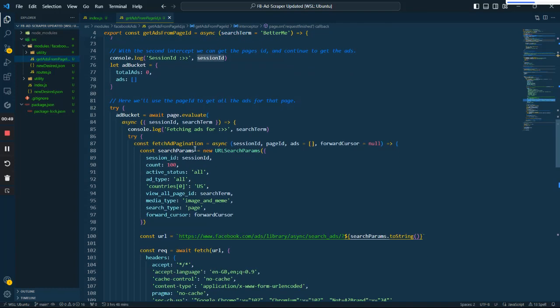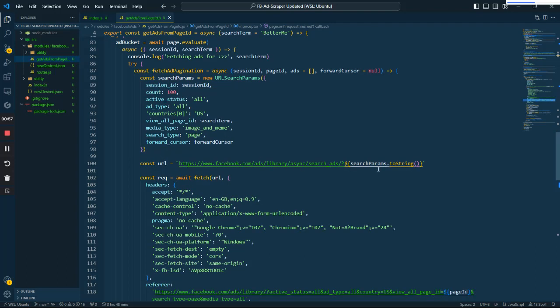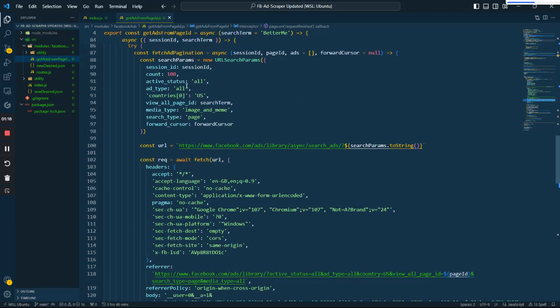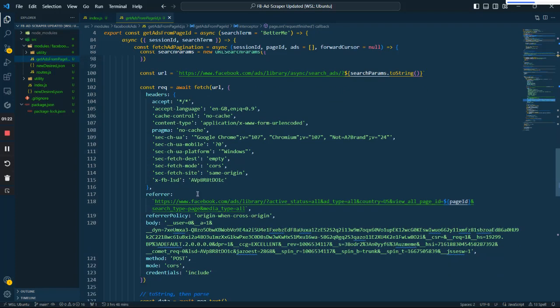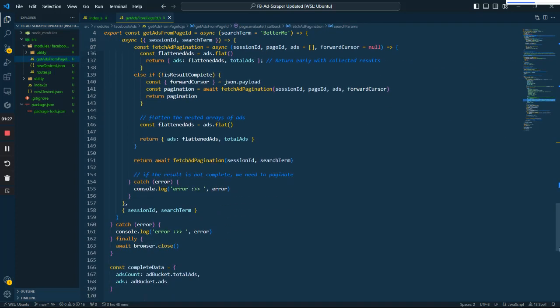And further, as you can see here, we are going to evaluate the next page. The next page will be this URL with all the required headers and referral policy. So it will just do the same as how we used to do in the browser, because if we directly go to that URL, the Facebook Ads Library will block us. So to replicate how the browser works, we are going to add some headers, referral policy and some body. So here you can see we already have a session ID which will help us to not